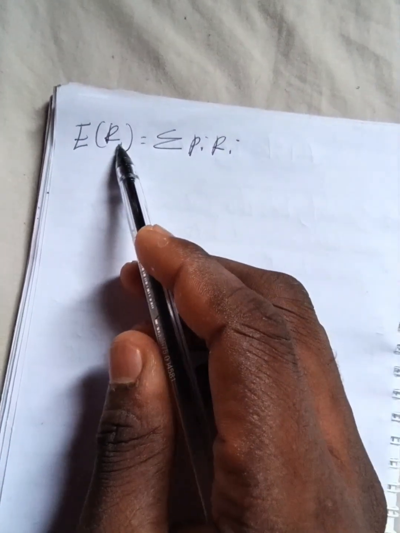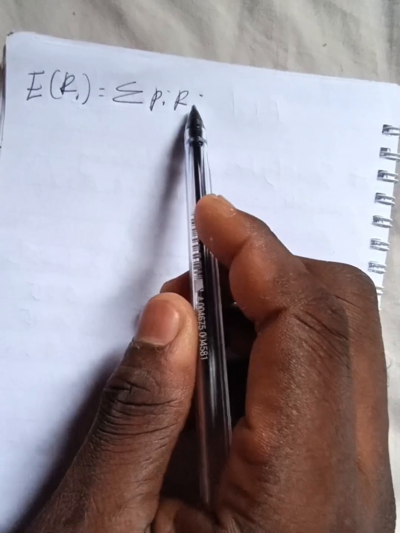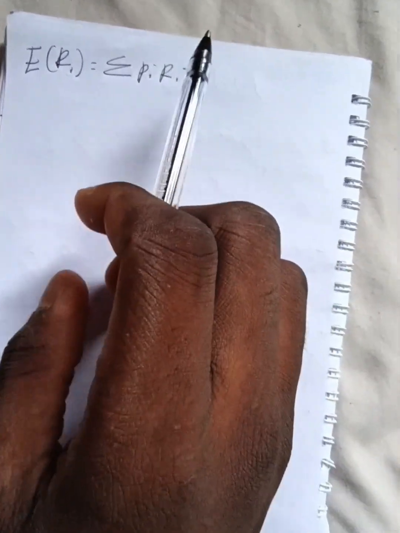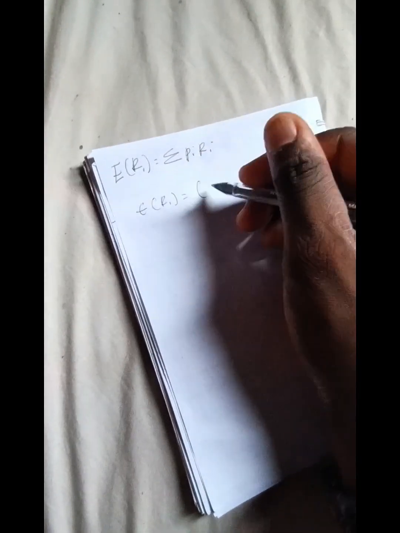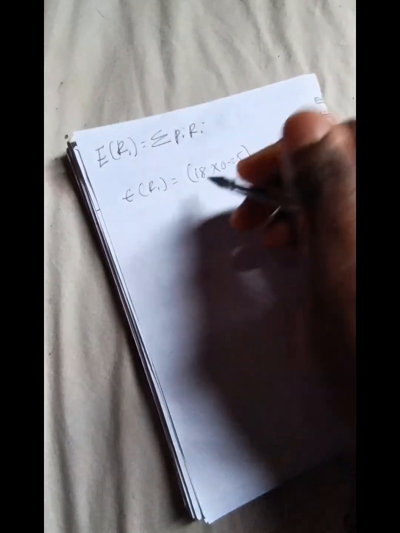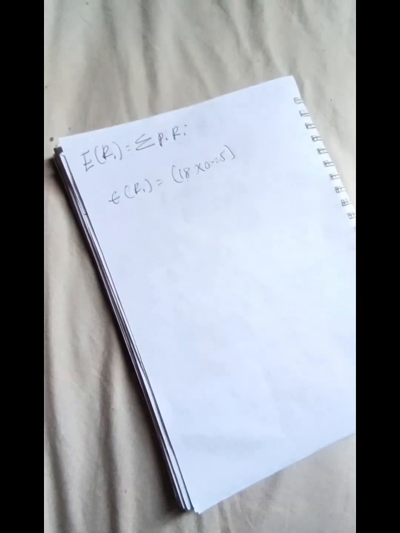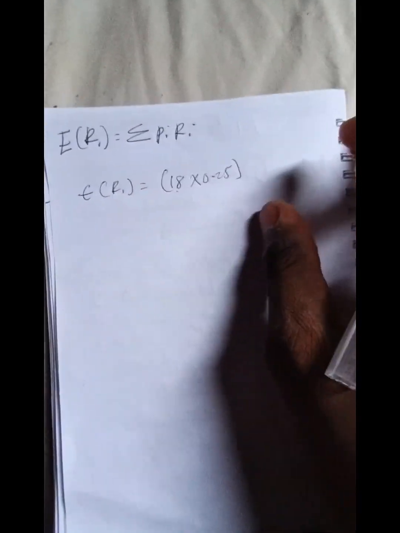The estimated return of security I is equal to the summation of the probability times the return associated with that security. So let's calculate it. Our estimated return of security I is equal to 18% times the probability 0.25. You can convert this into 0.18 if it's your choice, or you can choose to leave it as 18%. Then plus